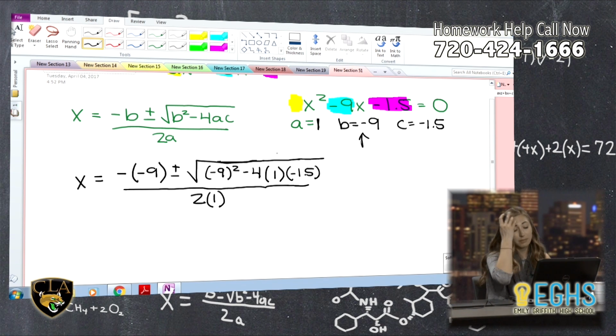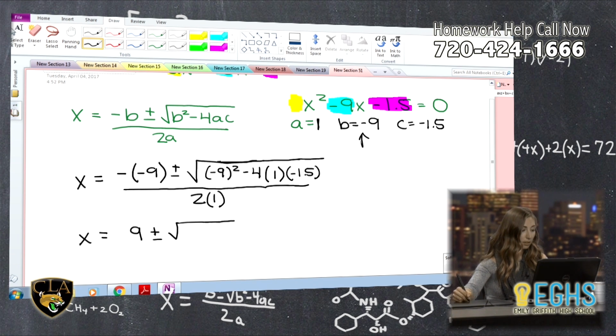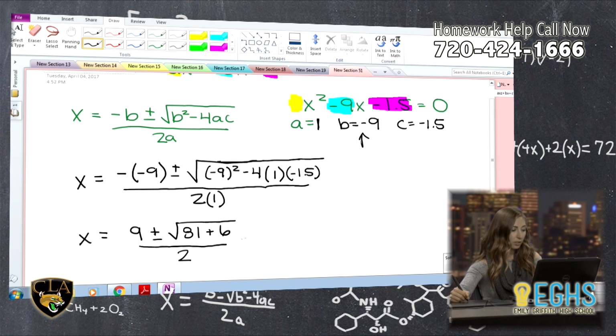I know, again, this seems like it's a lot of steps. It's not really terribly difficult, but it's a lot of steps. So I've got negative 9, which is now going to be positive 9, plus or minus. And then I have negative 9 squared, which is 81. And then minus 4 times 1 times 1.5. So we get positive 6 over 2. And just continuing that on, I have 9 plus or minus the square root of 87,